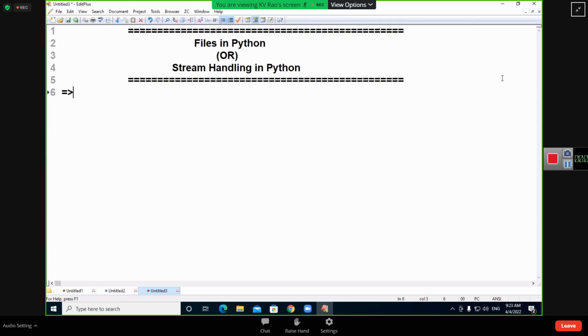With the objects in the main memory, we used to process the data and show the result on the console, on the monitor. We read the data from the keyboard using the input function, processed it with our business logic, and displayed the result on the console using the print function.